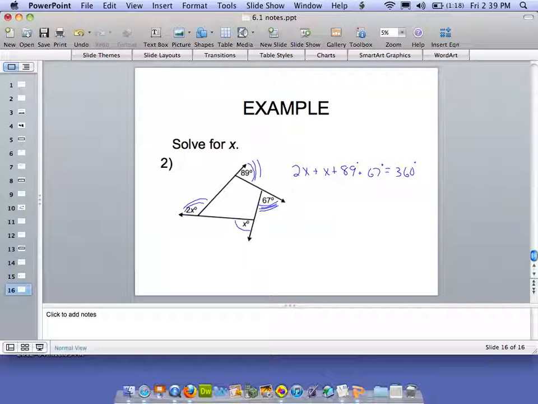And if I combine like terms, I have 3x plus 156 is equal to 360. Subtract the 156 from both sides, and I'll get 3x equals 204. Dividing by the 3, I have x is equal to 68. So this one is 68. And if I double my 68, that's going to give me